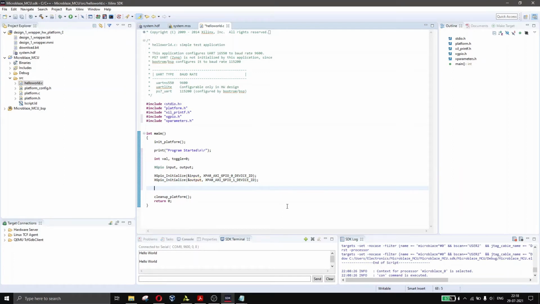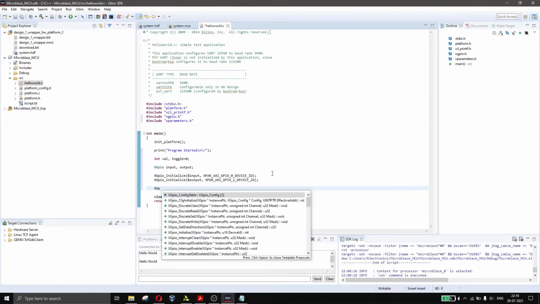Next, as we do in any microcontroller, we will have to set the direction of the input and output variables. Even in ATmega microcontrollers or any AVR or ARM, we set the data direction register. The same way we have one function here, XGpio, direction.